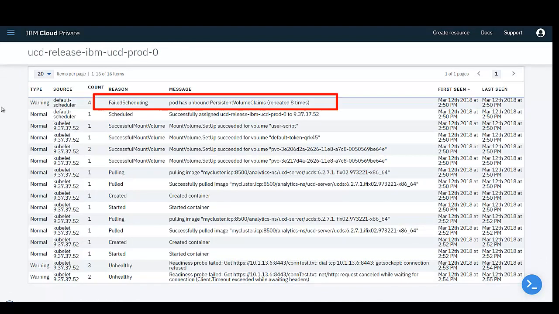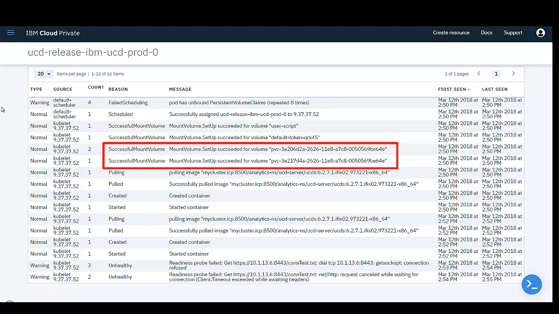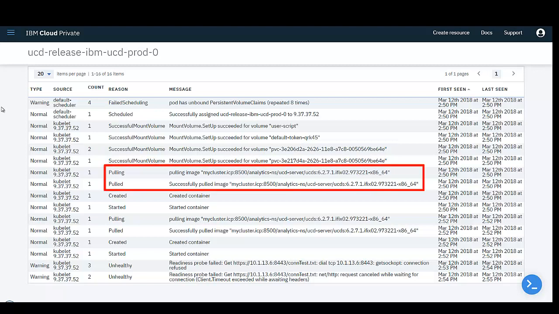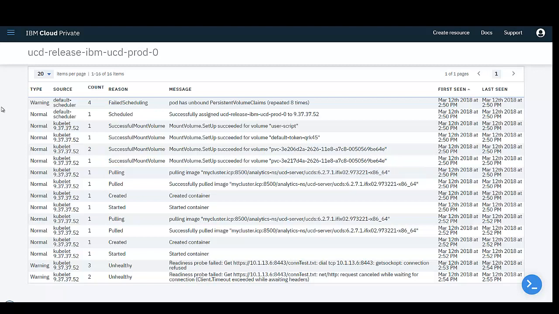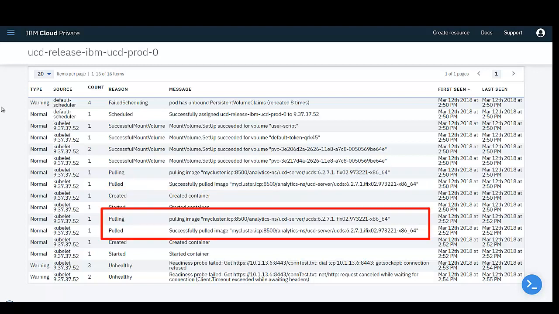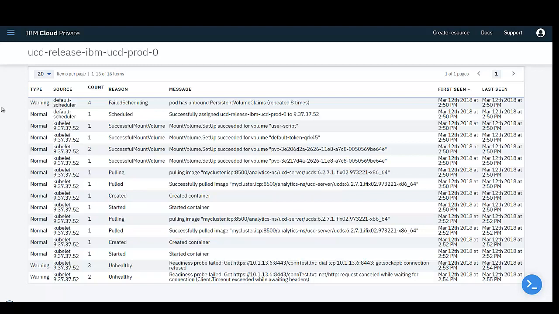Here we see the pod was missing its persistent volume claims at the start, but then our dynamic storage provisioning kicked in and created 2 volumes. Our image was pulled from the repository, and our first init container started, which performs some initialization actions. Our image was pulled a second time, since my image pull policy was set to always, and our UrbanCode Deploy